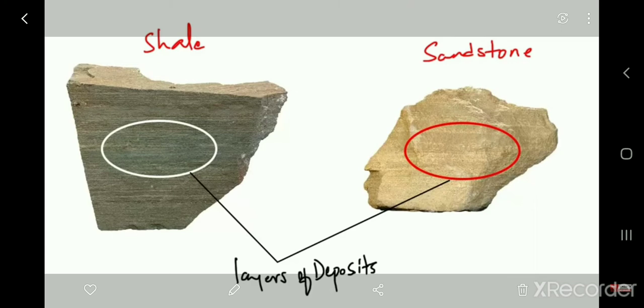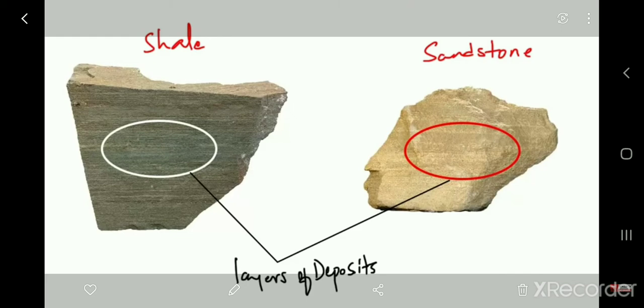It means that if any dead animal is buried there, the impression or the animal's shape is also created in that rock, and it is deposited for a long time, so those dead substances get converted into stone, they get petrified, and that is what we call fossils. These fossils provide information about life in that period.